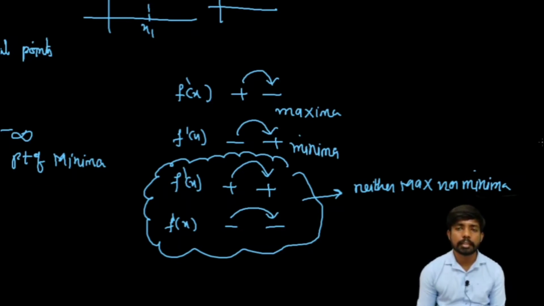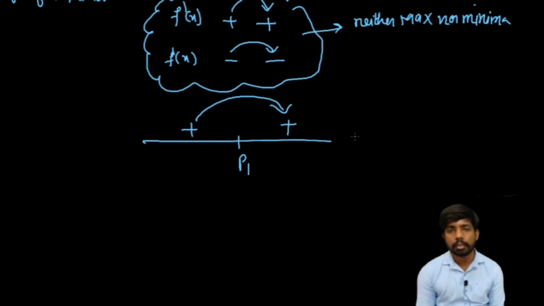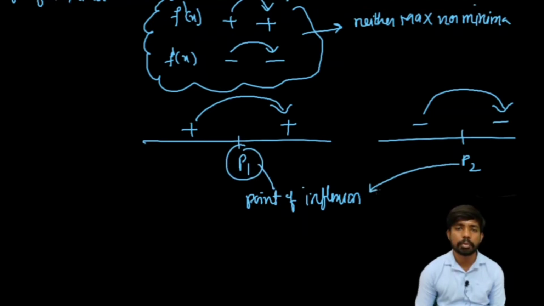Let us say here we have a point P1. This is positive and this is positive. From positive to positive, hence P1 is a point of inflection. Or else we have P2, let us say minus to minus. The slope is jumping from minus to minus, so P2 is also a point of inflection. At this point, neither maxima nor minima. That's all. Clear? Next,